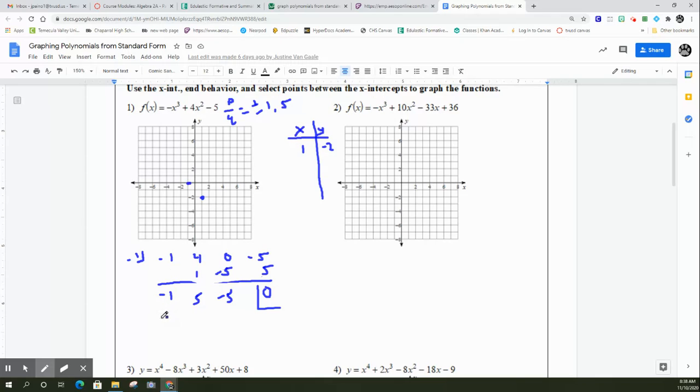And so now I have a quadratic left, -x² plus 5x minus 5. Since there's nothing that multiplies up to 5 and adds up to -5, I'm going to go ahead and use the quadratic formula